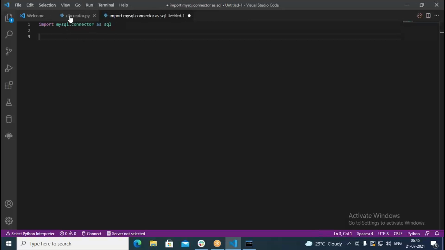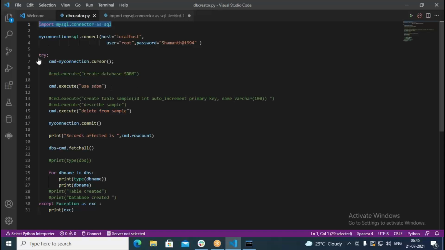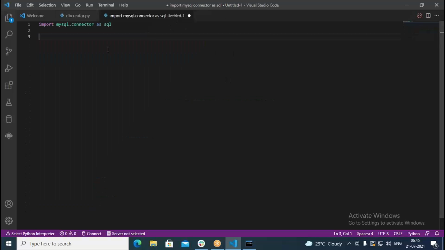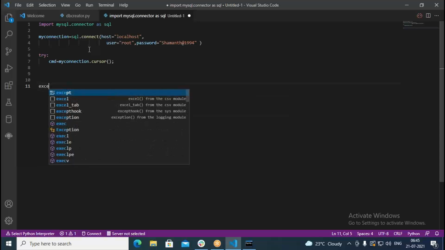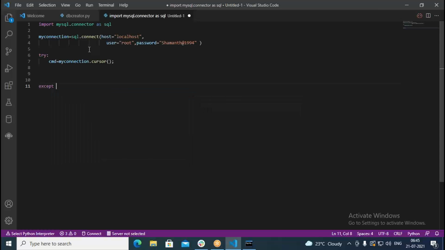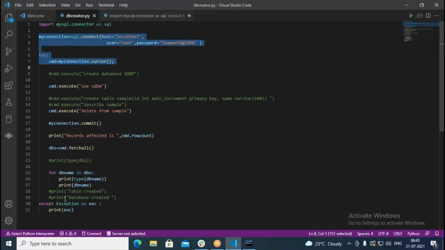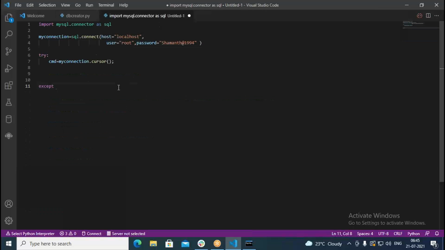Then after that, I need to open a connection. In the same manner as before, we go with the MySQL connection. Then go with a try-except block also. In this, we put try, then we write except, we take Exception as exe, and print exe. So first, we have opened a connection with localhost, root, and the password we gave.